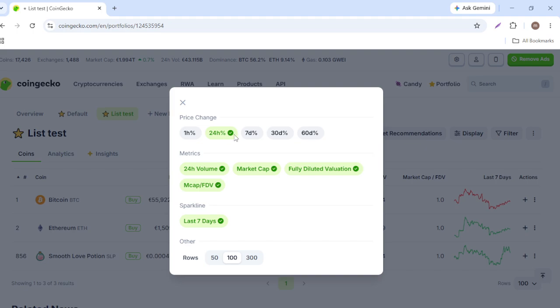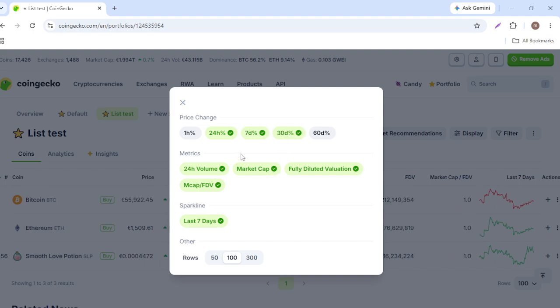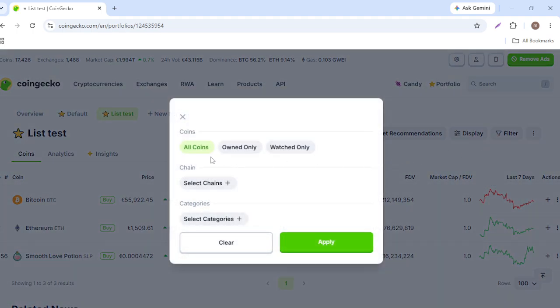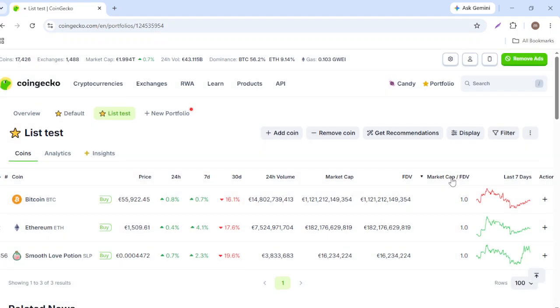If you're tracking your actual holdings, make sure to input your entry prices. This unlocks real-time P&L tracking, letting you see your drawdown or gains without having to log into a dozen different exchange accounts. To wrap up, use the portfolio feature to group coins by narrative, customize your columns for deeper valuation